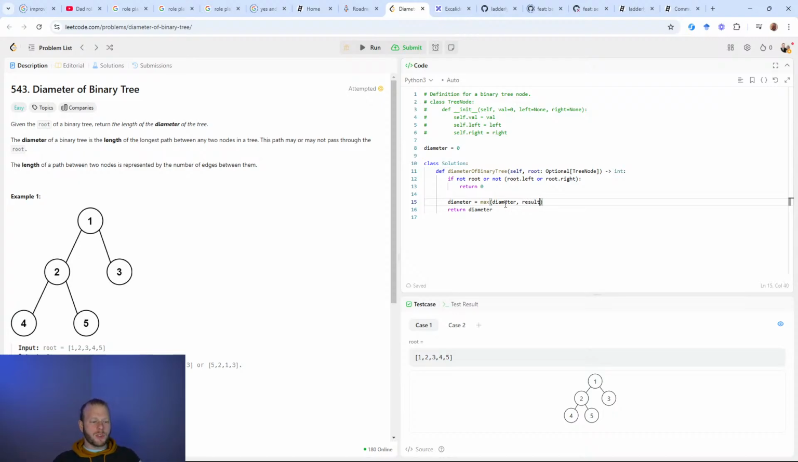And we could just call this result maybe. So let's do a more descriptive variable name. And I'll call this self.dfs, and we will call that on root. In fact, we can use the diameter function itself as the DFS. You can see it already takes root. So we'll take the result of this, and that could be called